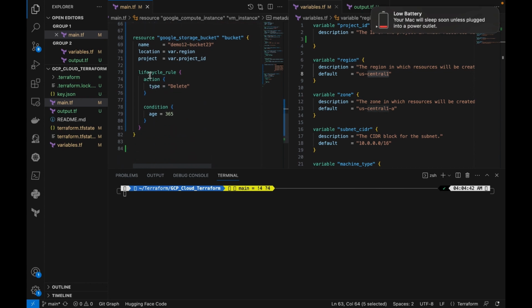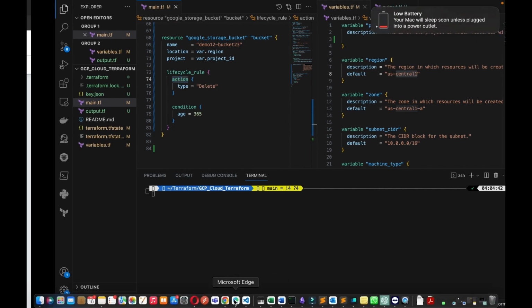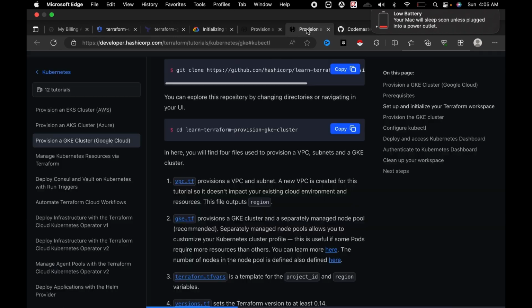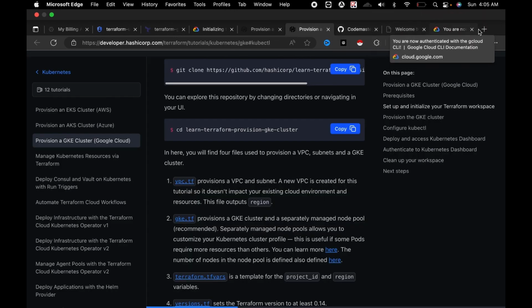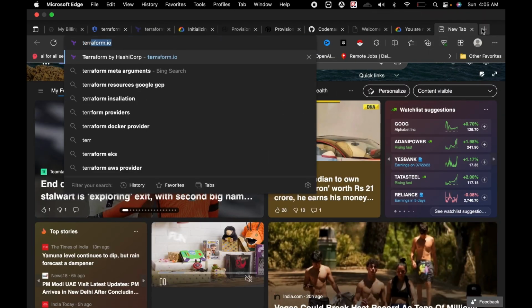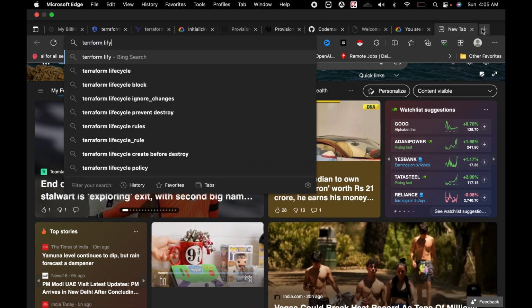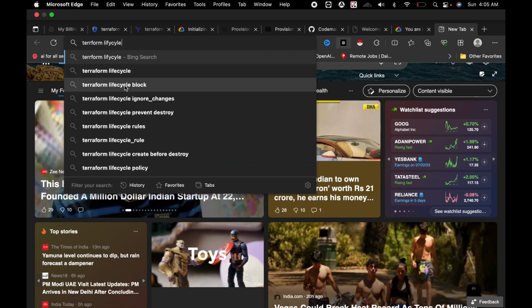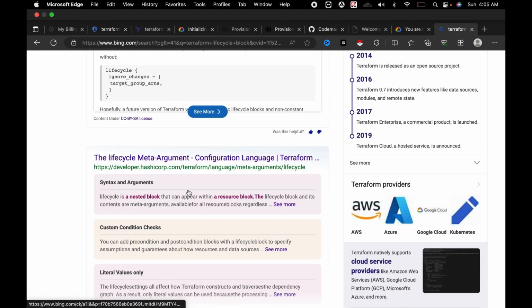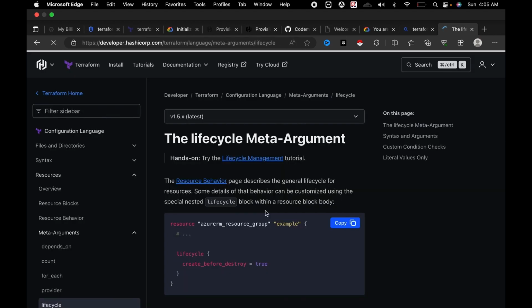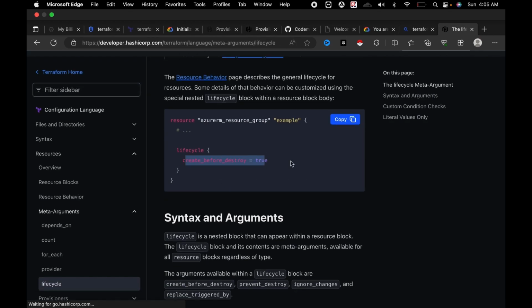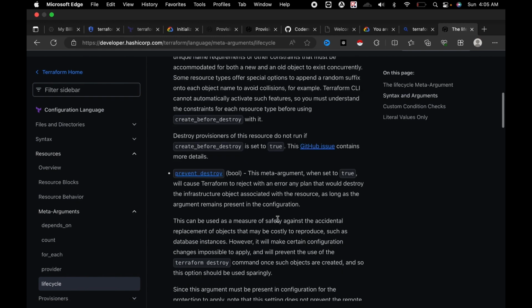And this lifecycle part is a meta argument. If you remember, in my previous video I explained about this lifecycle. Let me go ahead and show you how it works. Terraform lifecycle block. This is a lifecycle meta argument, and if you see here, we have multiple options we can use, like create before destroy, and let's go to our part,